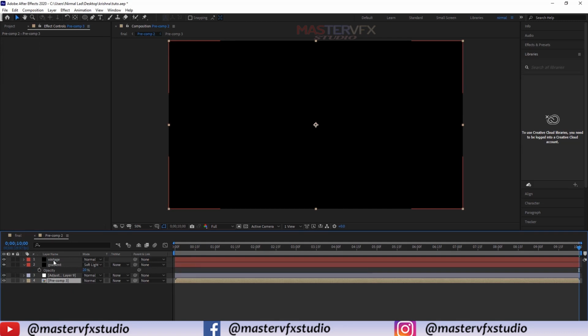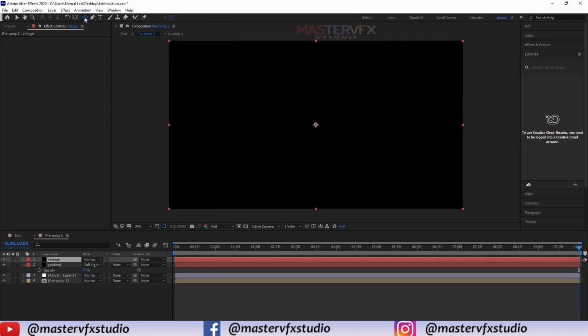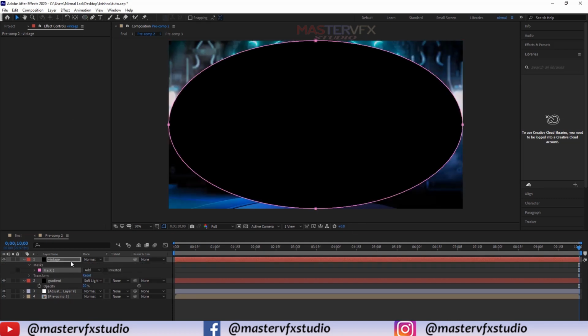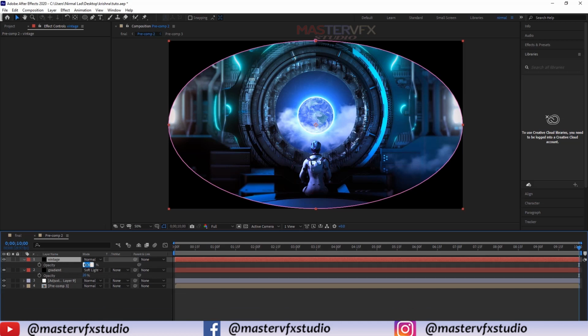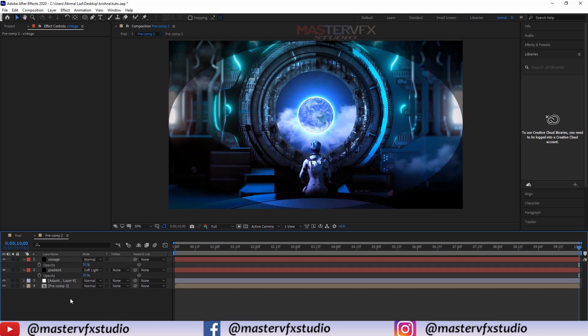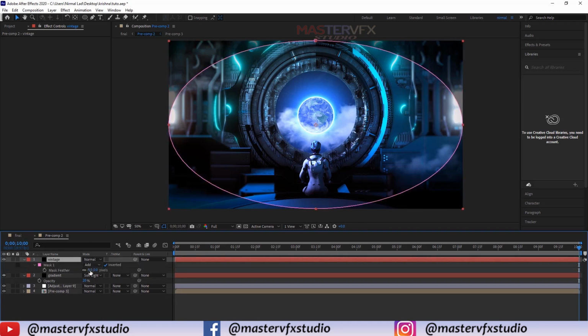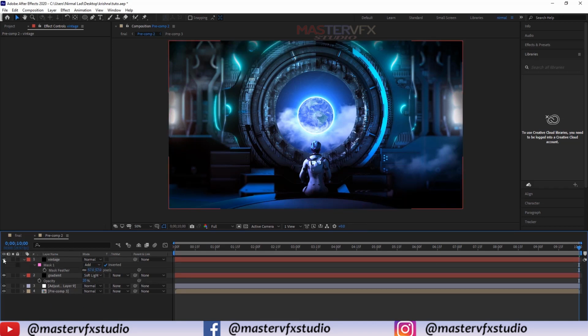Okay, so select this vintage layer, and here select this elliptical tool and double click on it, and here invert the mask and intensity we are going to decrease it up to 50%. Okay, and also the feather I will increase it up to 50% or 57%. Okay, so now you can see the difference.